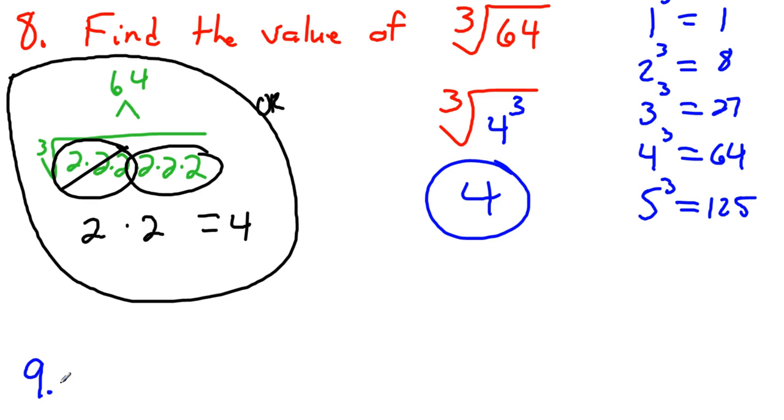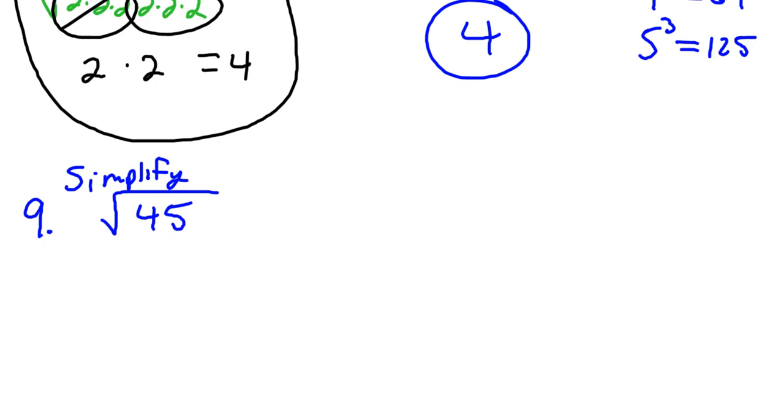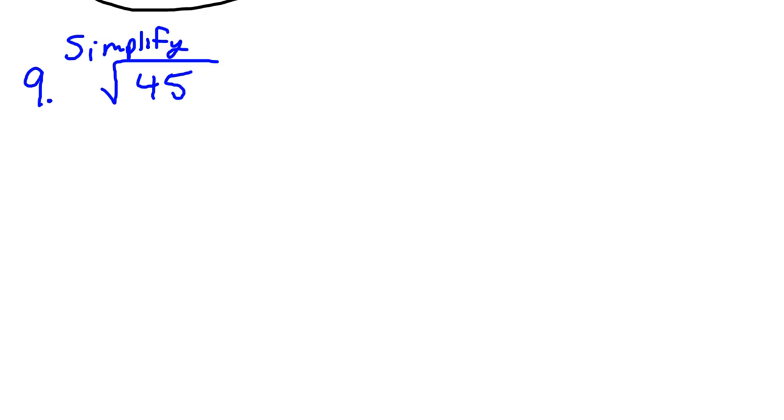Okay, and finally when you get to number 9, this is the first problem that you get on the review that's not a perfect square root number. Yep, so this is the one that you have to break down, and you can either do it by taking